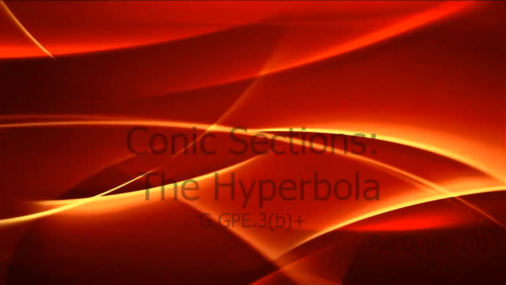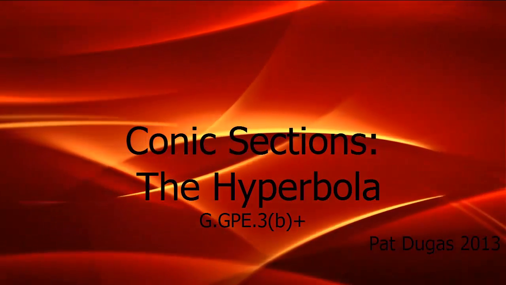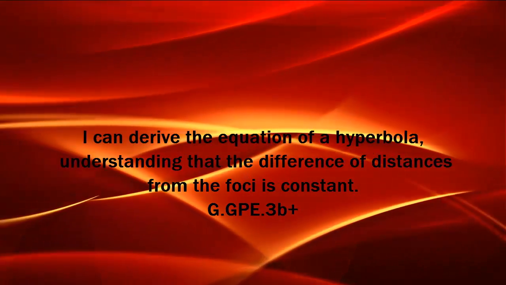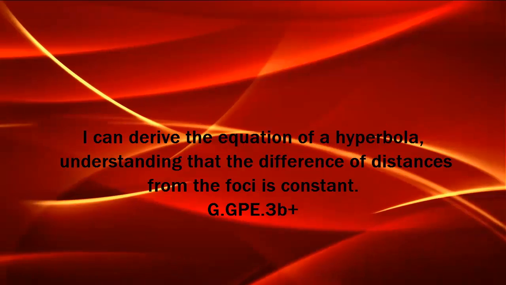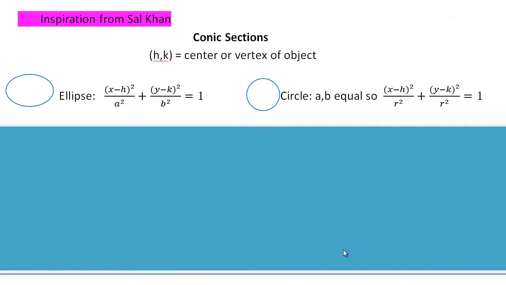Our final conic section is the hyperbola. You're going to be able to derive its equation. It's very much related to the ellipse. The only difference is that instead of the sum, we're talking about the difference of distances from the foci being constant. Before we get started with the hyperbola, though, we're going to tie all these conic sections together, and I